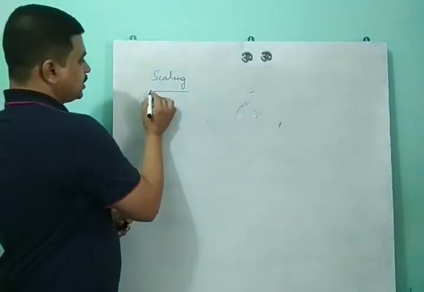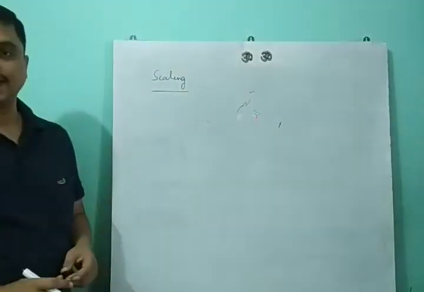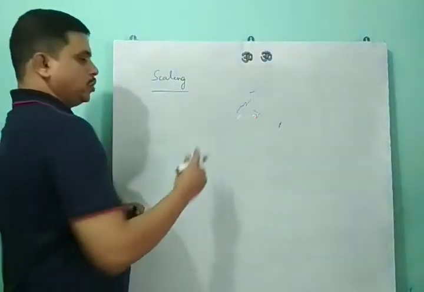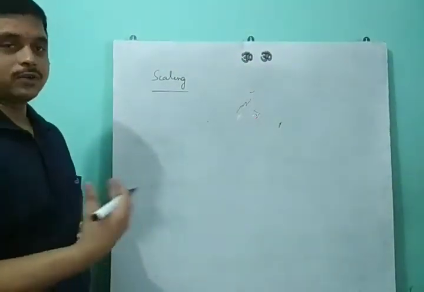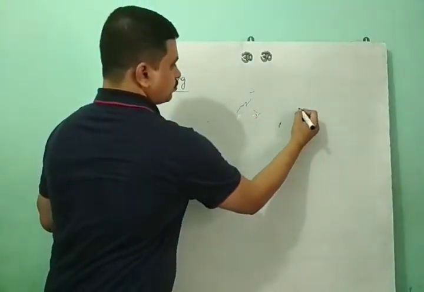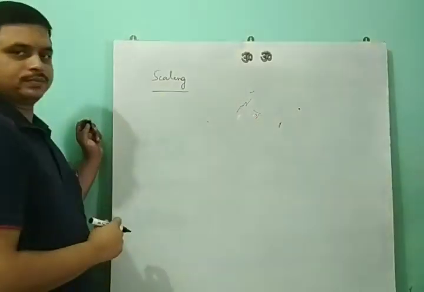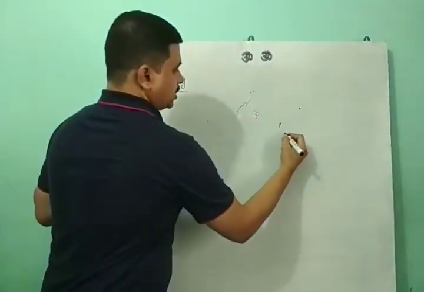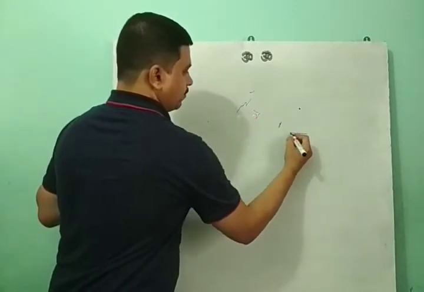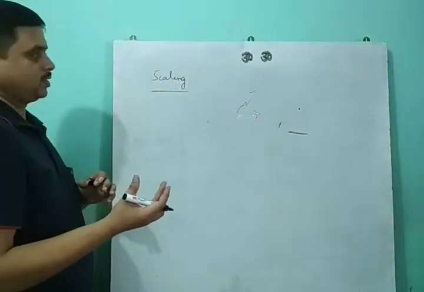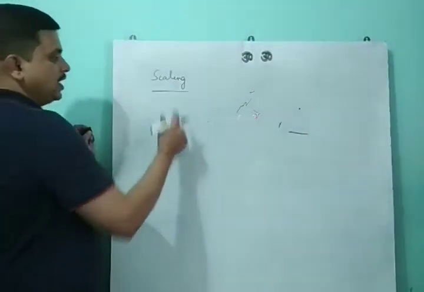We will go to another transformation, that is scaling. Scaling operation is performed to alter the size of a component or the object. Suppose this is a point, the point can be scaled. Suppose next we consider a line, the line can be scaled, then we are using a scaling factor